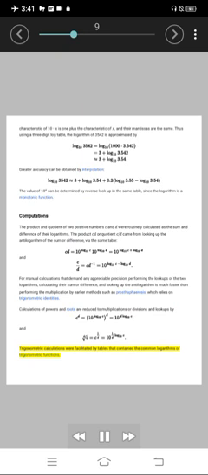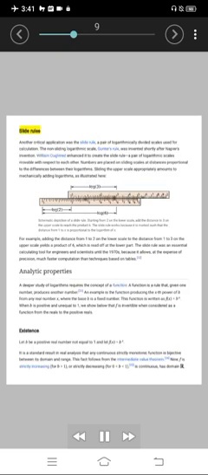Slide rules. Another critical application was the slide rule, a pair of logarithmically divided scales used for calculation. The non-sliding logarithmic scale, Gunter's rule, was invented shortly after Napier's invention. William Oughtred enhanced it to create the slide rule, a pair of logarithmic scales movable with respect to each other. Numbers are placed on sliding scales at distances proportional to the differences between their logarithms. Sliding the upper scale appropriately amounts to mechanically adding logarithms, as illustrated here. Schematic depiction of a slide rule. Starting from 2 on the lower scale, add the distance to 3 on the upper scale to reach the product